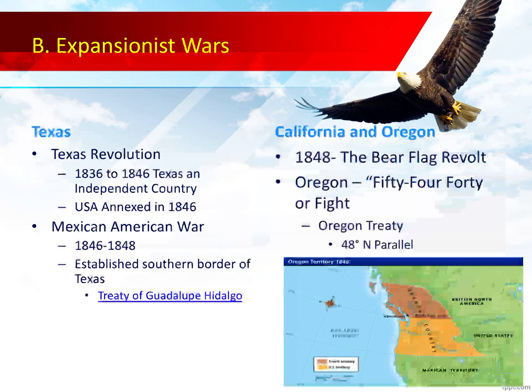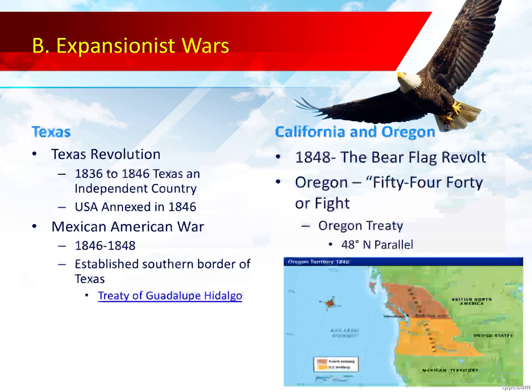Oregon. Now the Oregon Territory was claimed by both the United States and Great Britain. Remember, we had already fought 2 wars with them. And by the time the 1840s rolled around, Britain, they wanted land there because, you know, it's connected to Canada. They really didn't want all the Oregon Territory. In the United States, you had people who were moving to Oregon Territory already, and they wanted all of Oregon. But most of the people back east didn't want to have to fight a war for all of Oregon Territory.